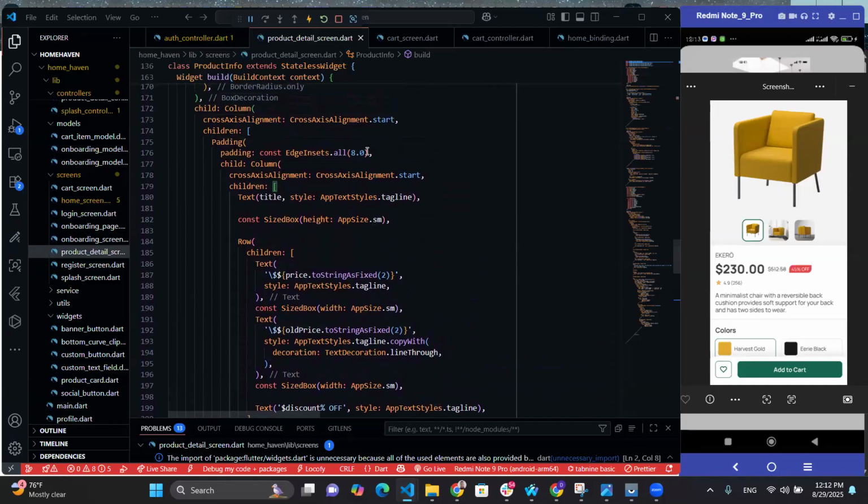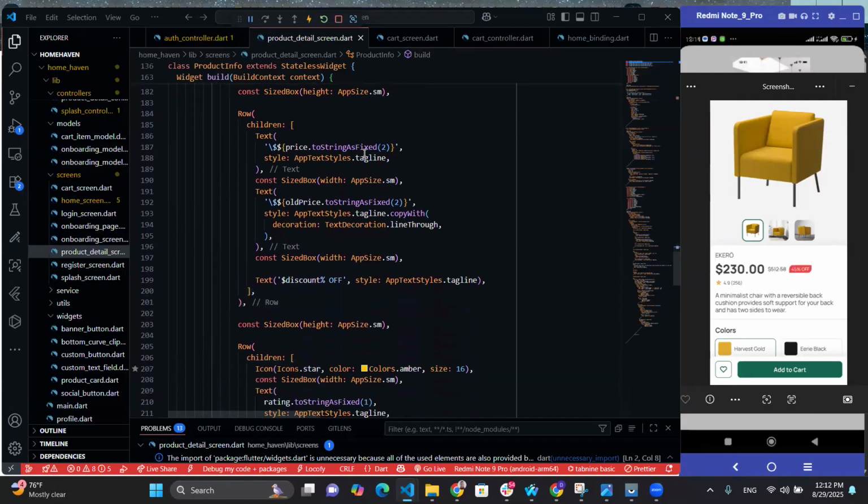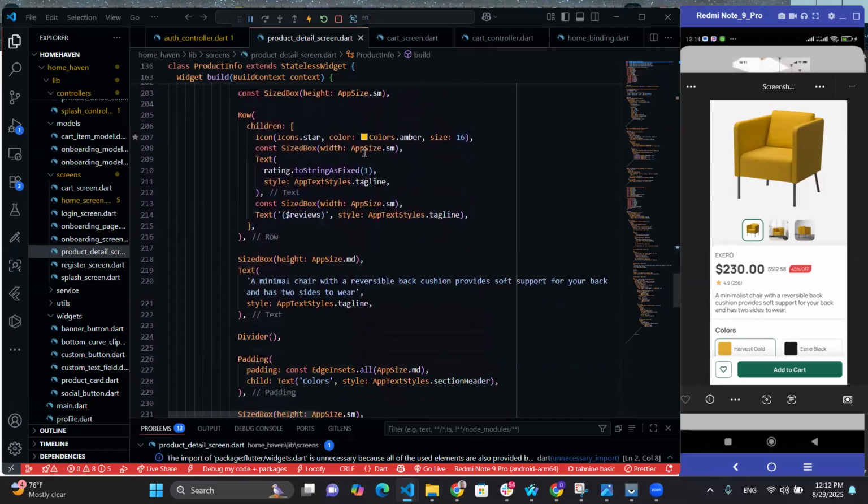There's a border padding. I think this padding is to ultra 16. It's supposed to be properly aligned, so